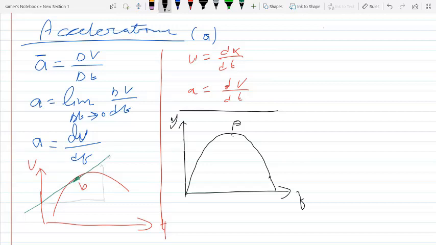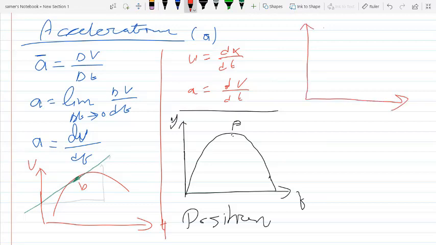This is the position graph. Now, if we are given that the initial velocity of the object is v0,